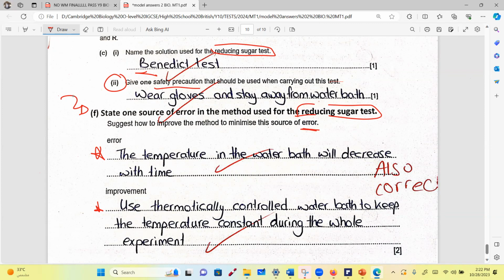You understand? The temperature has to be the same. So if the temperature is not the same, it's an error. If I did not see the color, it's an error. Some of you said I used the dropper, and this is also correct. So all the common errors that we revised and talked about are correct. A lot of you gave me several answers and they were all correct, but unfortunately not the time. So color change is an error. Temperature changing is an error. Volume of the solution added is an error.